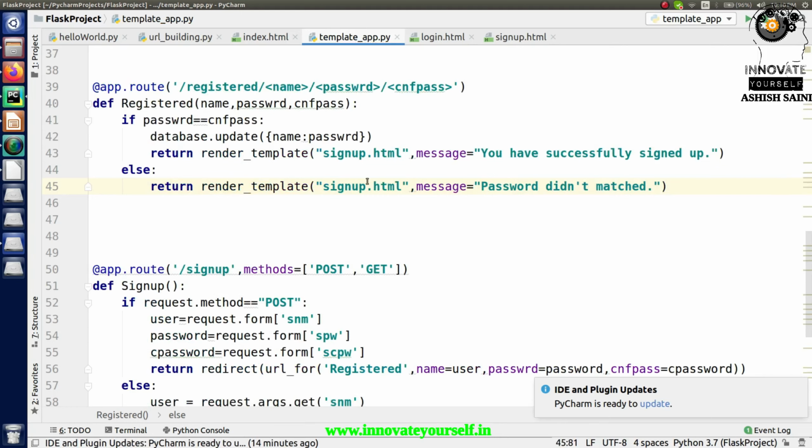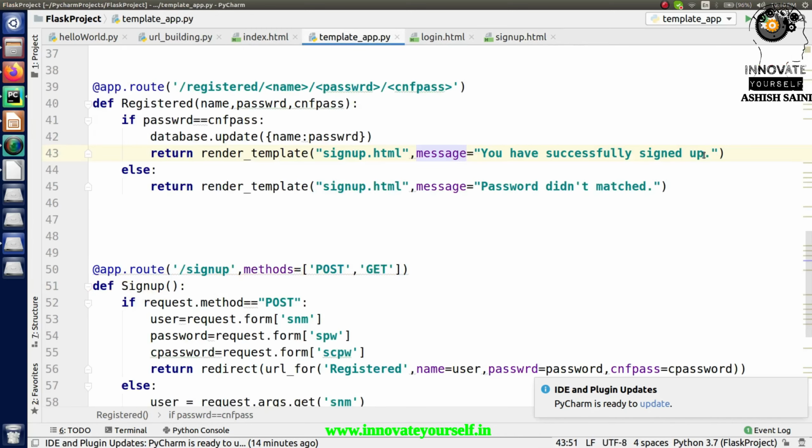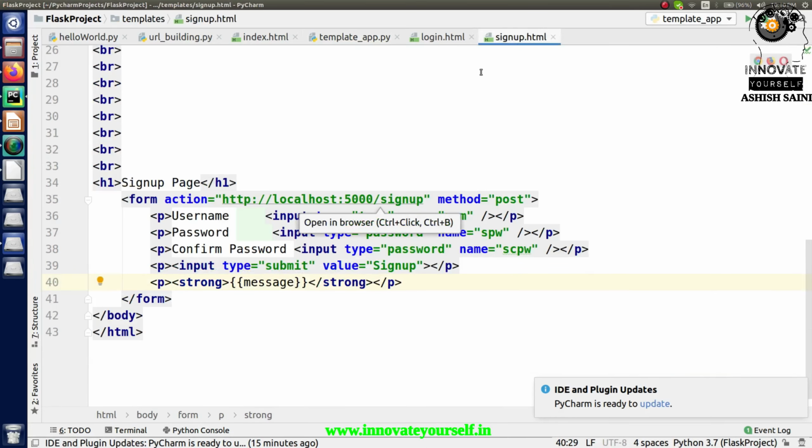Now when I pass this message, which is the variable over here, right? It will search for this message on this sign up page, and wherever this message is seen, it will simply replace it with the text that you are going to pass in here, right? That text can be a static one, that text can be a dynamic one also, right? So it is totally up to you how you want to display it. So this is what I wanted to do. Now I am done with my coding.